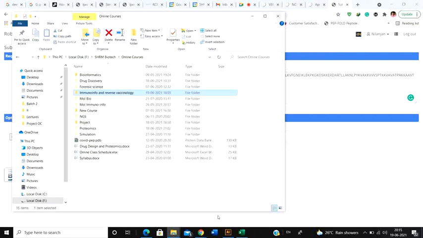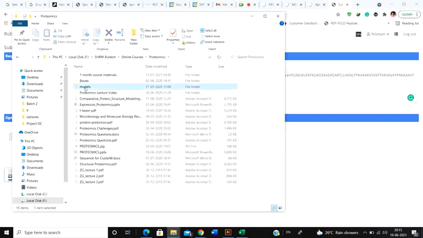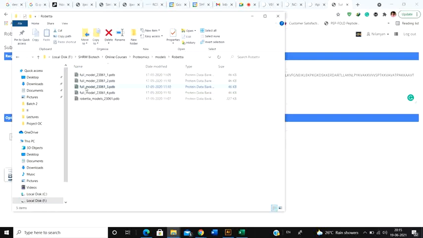Now I have already modeled certain molecules using this Rosetta. So let me discuss the models as such. Now we have to analyze the structure: how to analyze the structure and how the models are actually given. As I've told you, sometimes it gives you 1 model, 2 models, 3 models or 4 models, depending upon what type you have selected and what type of model it has done. All the models I have downloaded. So let's open up one molecule.